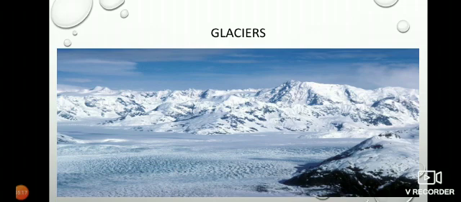Now, can you give me some examples of glaciers? The peaks of mountains are covered with snow throughout the year. In our India, we have Siachen and Gangotri as glaciers.